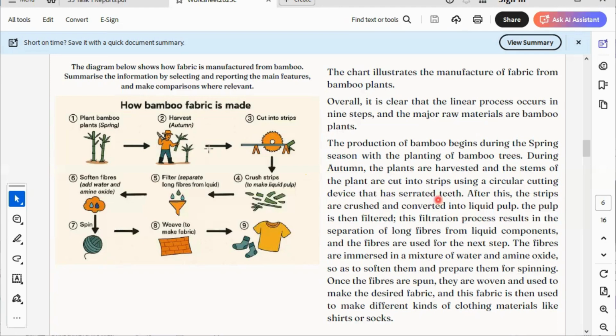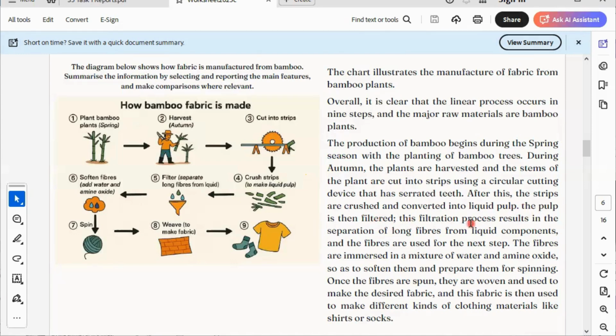Okay, so can you say I've moved from step one, I've reached step three? So I'm describing step by step. That's how you do a process chart. After this, the strips are crushed. That's step four. Crush strips. The strips are crushed and converted into liquid pulp. Can you see there's a little mistake here? This should be a capital T. The pulp is then filtered;